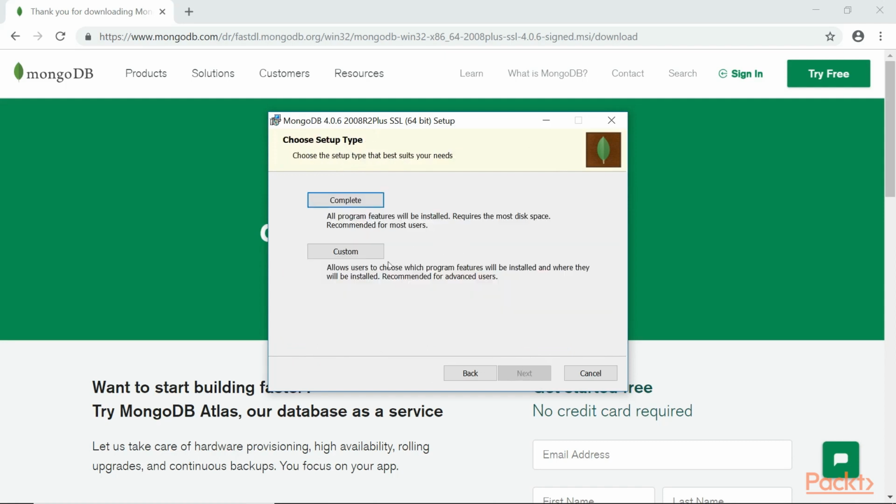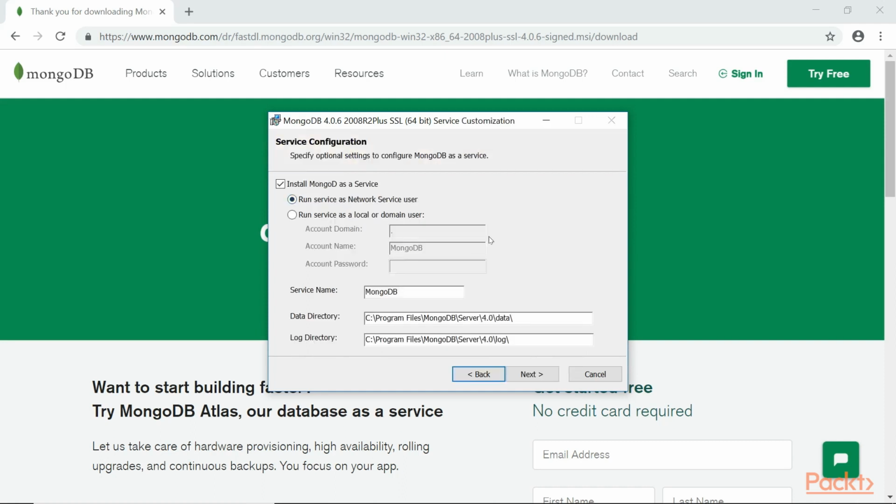You can install a custom version if you want. I'm just going to install a complete version just to make sure everything is all there. Now, this option here, again, you can choose the network service server user, or you can choose a local or domain user. So if you do this option, just make sure you provide some information. Domain will be like IP address. I'm just going to run server-wide for user. So again, the default will be just as is inside the program files, MongoDB in the version 4, and so on. Next,